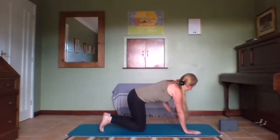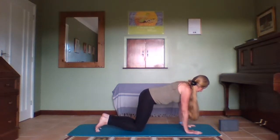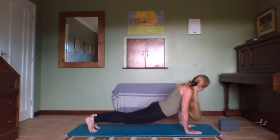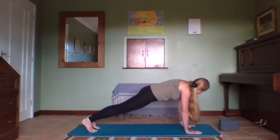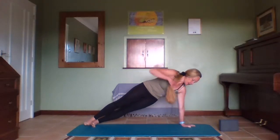If you are strong in your plank, come into it now. You can keep your knees down otherwise. If you're in full plank, make sure your head is in line with your heels and that you're not sagging in the middle. Press lightly into your little fingers so that you arch ever so slightly in the upper back. Plank. To come into side plank, roll over on the left foot and either stack your feet one on top